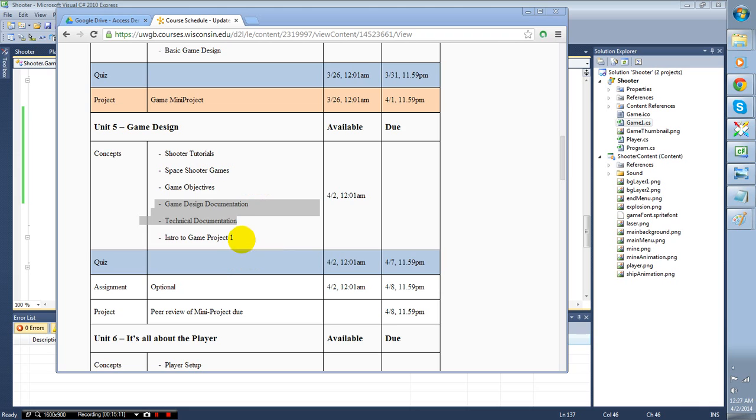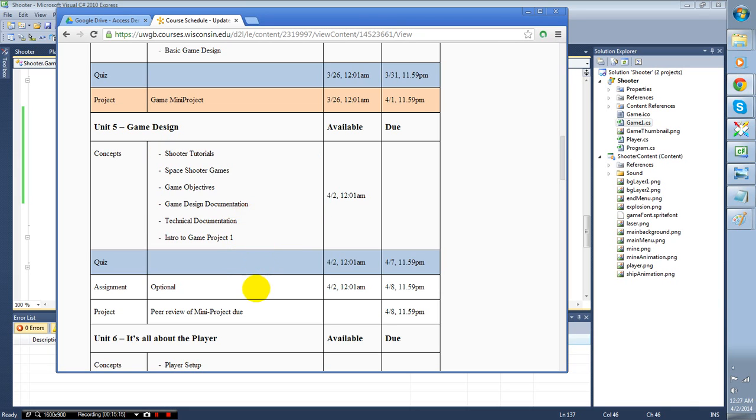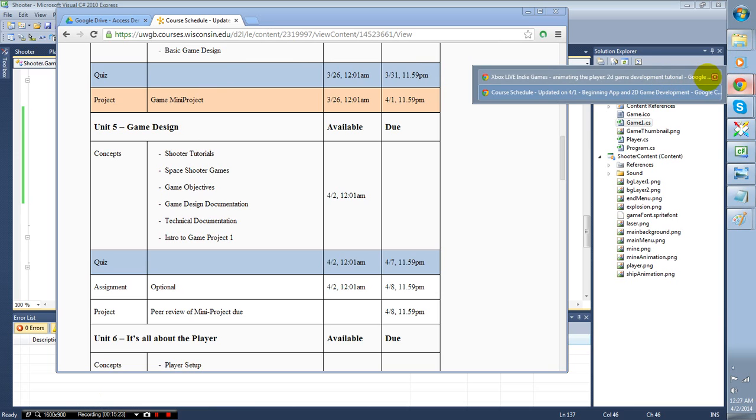But again, remember that basically our goal here is to complete the shooter by next week and use that as a baseline for going into your main game project. So without further ado, let's bring up the